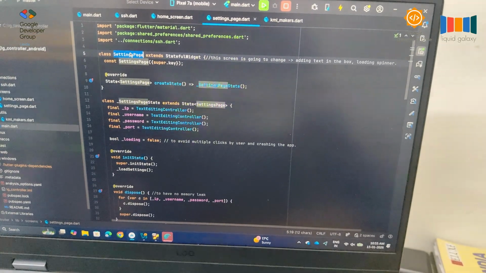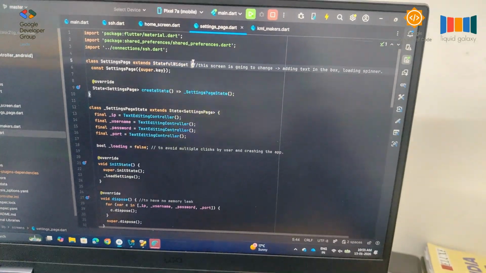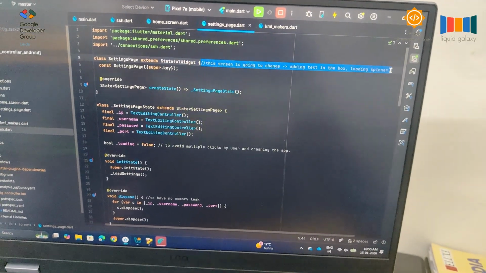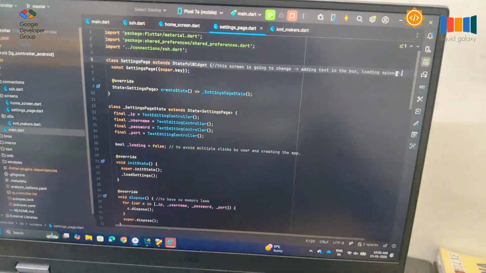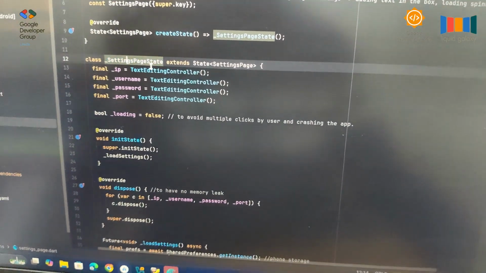Then this is the settings page class. This is a stateful widget if you see carefully. So this screen is going to change because we are going to add data to the text boxes and a loading spinner. Then we have the settings page state, and